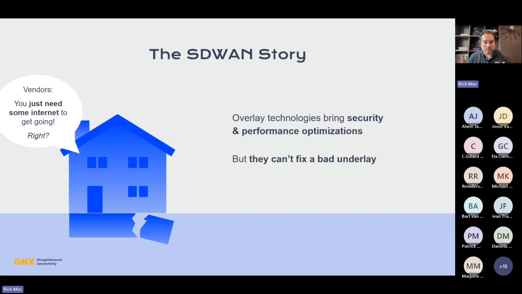As you can see here, if you just get a few internet connections on site from even 2 different ISPs, it's gonna be good, and you can work with it. But we definitely see that is wrong. The foundation under your house is the most important part, even though it's completely invisible to you as a user of the house. If you have 2 bad internet connections, you can throw as many algorithms at it as you want. It's not going to fix a bad connection in the end.